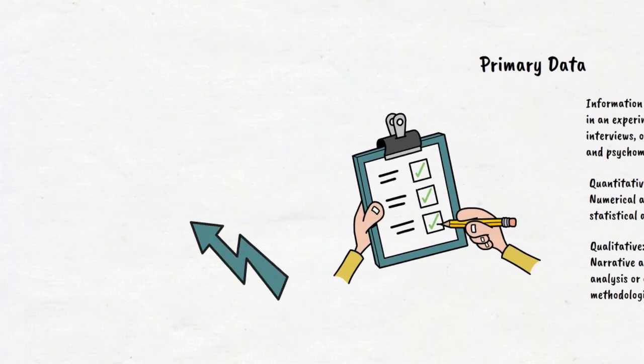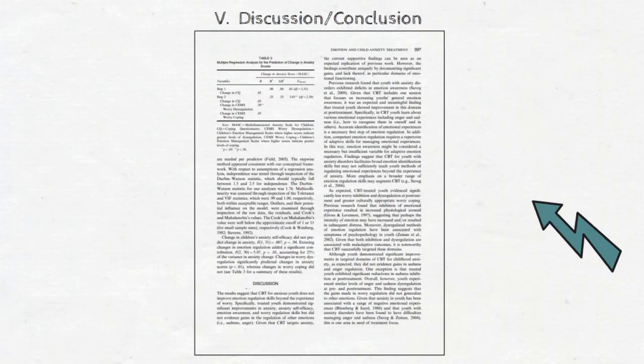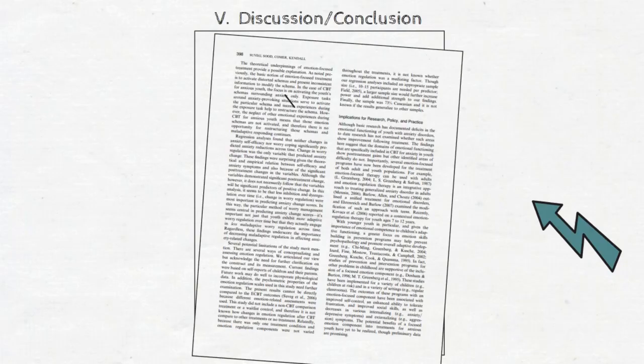Finally, we have the conclusion or discussion. Here is where the authors interpret their results. It's the section where you'll hear the most of the author's scholarly voice as they explain what they believe are the implications of their research. This is also the section where authors will discuss gaps in their research or further questions that need to be answered. If you're looking for a research question to pursue of your own, this is a great place to look.